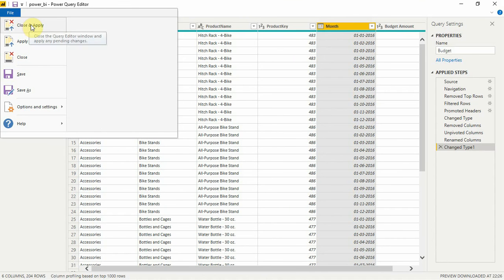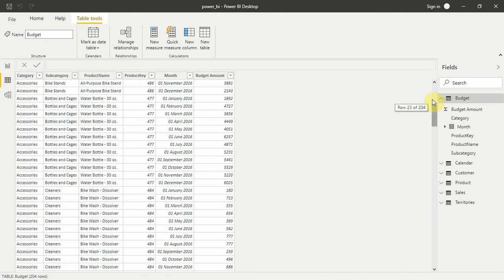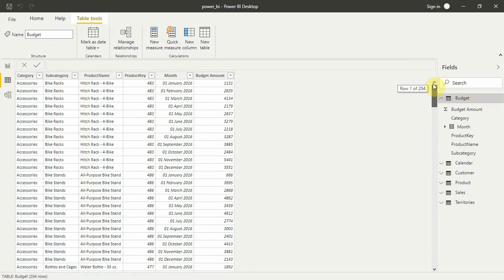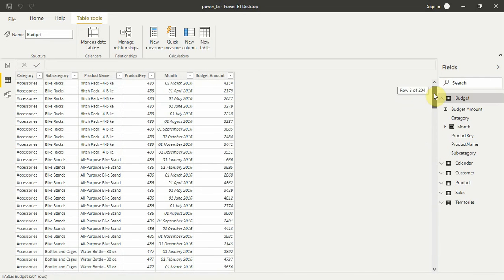Alright, so this is our budget amount table in our data view. So now you can see we have transformed our data and it looks pretty good to me. Alright, so this is the power of Power BI query editor. It's very easy to use, it's very handy to use, it can transform your data to become machine friendly more than human friendly. So now you have completed your first part in Power BI. You have learned how to use Power BI query editor, and next we'll move to Power BI models.